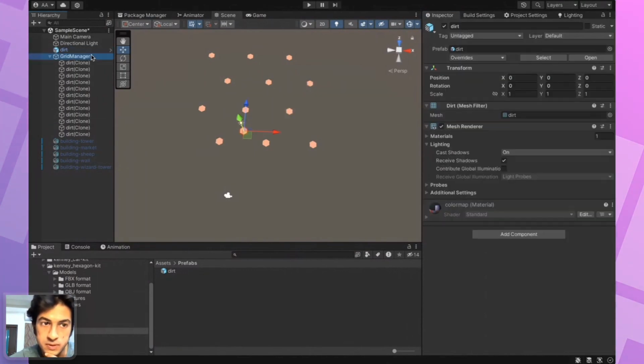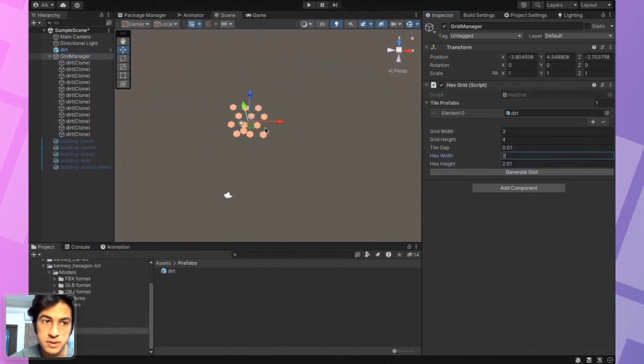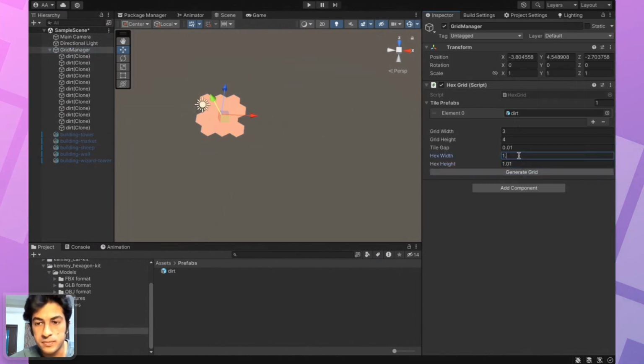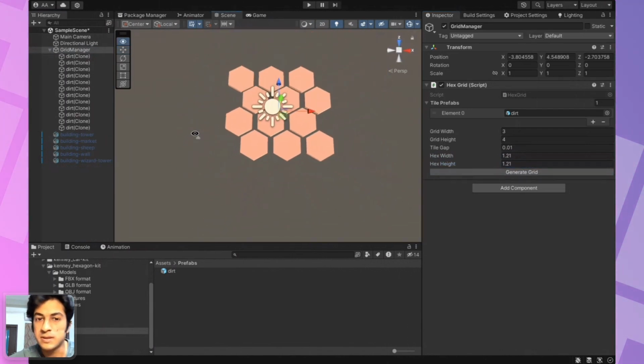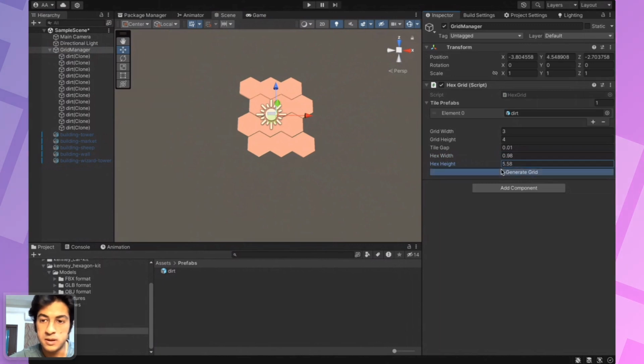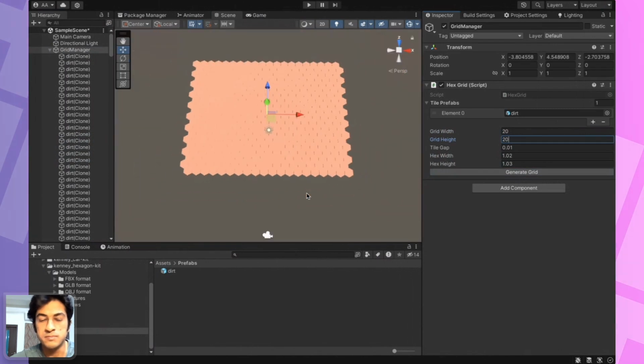Next, what we want to do is spawn different types of, how do you say, building types or elements like castles. Okay, so what we have here is a basic level editor script. You can manipulate the width and the height of the platform that you're trying to create. You can increase the size. So if you want, let's say 20 by 20, then you have a bigger grid.